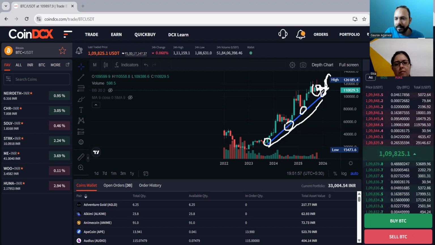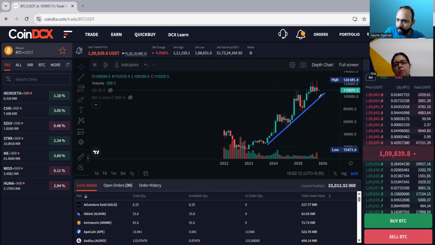You wouldn't have something like a more extreme situation where it immediately comes and touches the blue line? No, because it's a monthly chart, right? Sometimes it can come. Whenever there is a lot of volatility, if the price goes down, it will come, touch and go back. You may not see it actually live, but once you check the chart after 1 month or 2 months, you may be able to see it. But immediately you may not be able to see it because Bitcoin is very volatile. Sometimes in the night around 2 or 3 o'clock, it will come and touch this line and go back.